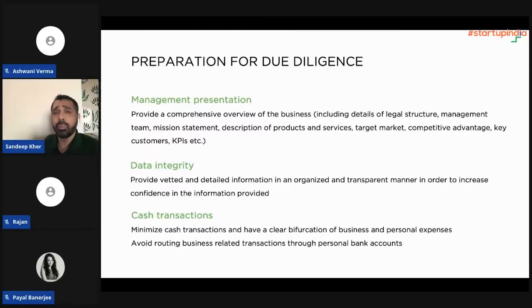Because the biggest surprise that comes out of diligence is not on account of what the diligence team finds. It's on account of things that probably founders or core teams do not explain, or sometimes inadvertently do not think are important, and those then become very material from an investor standpoint. So I would lay stress on the fact that please make sure that you take out that time, make sure that the first step, which is the most critical step in the diligence process,